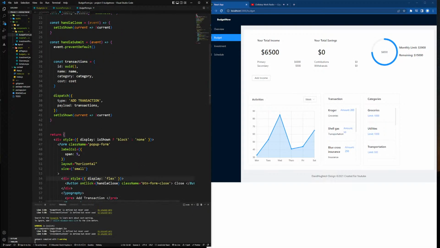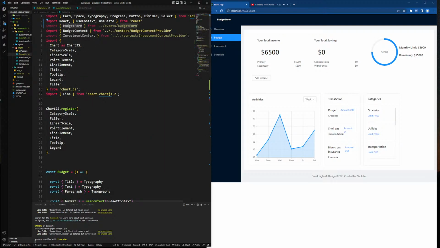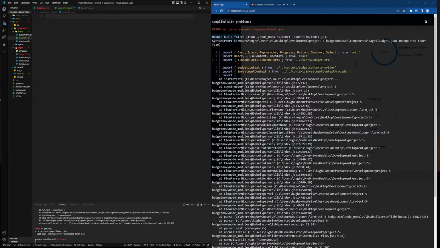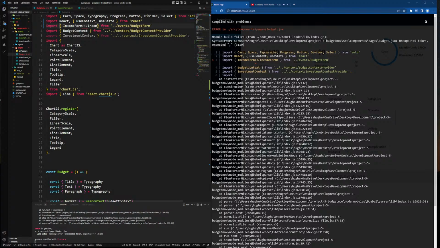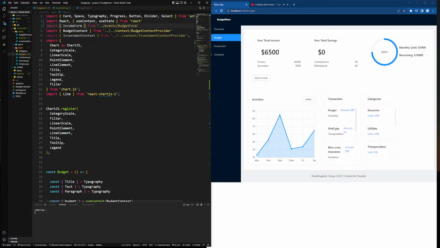I saw budget and got confused. Should be income form, like this. Okay, let's go to that income form. And income form doesn't have anything right here yet. So RAFCE right here. And I don't know why it gave me these brackets, but that's cool. All right, there we go. So now that we have that,